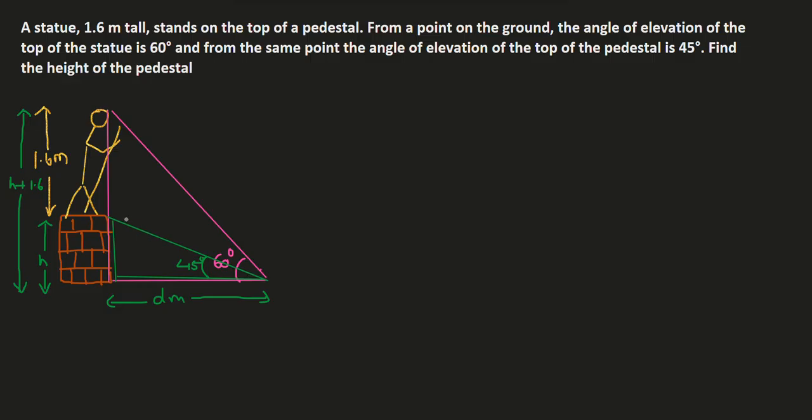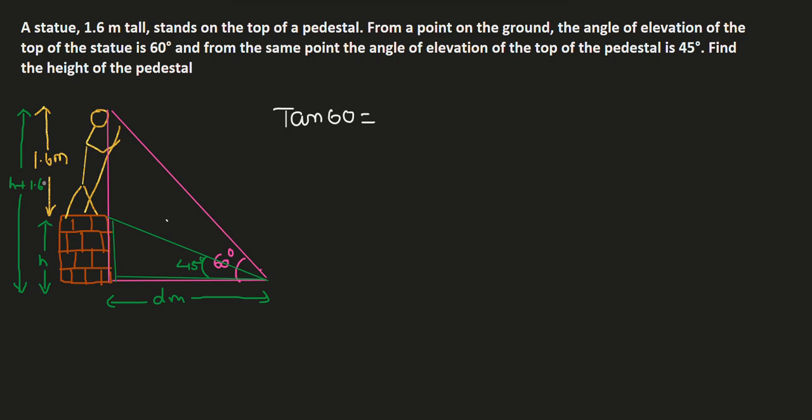Here are two right angles. One is green and another is pink. From these two right angle triangles, we have to find the relations. From the pink triangle, tan 60 is equal to